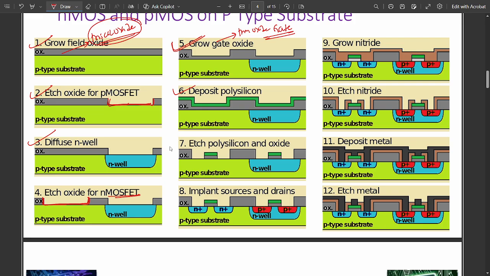After that, you need to etch the polysilicon and oxide. Why do we need to etch? You need to diffuse the source and drain, no? So you need to etch these selected areas. There are etching methods that we'll discuss in the coming classes. So this is etching for polysilicon and oxide, and after that you need to implant the source and